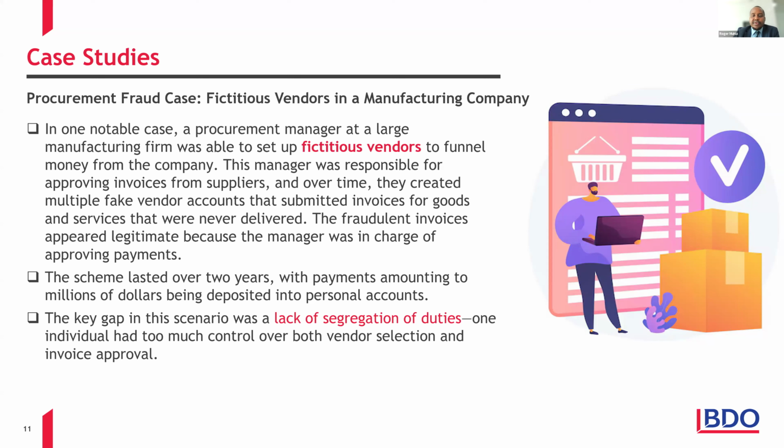The raw materials were being consumed without corresponding finished products, but due to very relaxed monitoring systems, the fraud was not detected until there was a large-scale internal audit that was done and sanctioned by the board. By then, the company had lost significant revenue due to the production shortfalls and additional costs incurred from purchasing more raw materials. In this case, the main gaps exploited were poor inventory controls and a lack of real-time production monitoring.